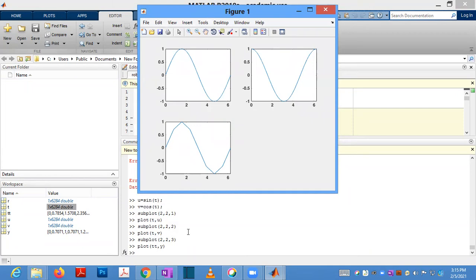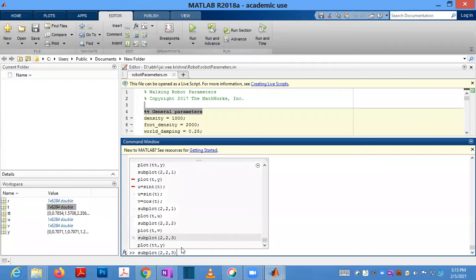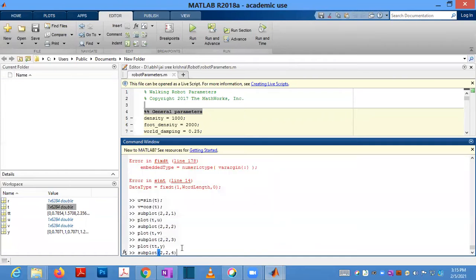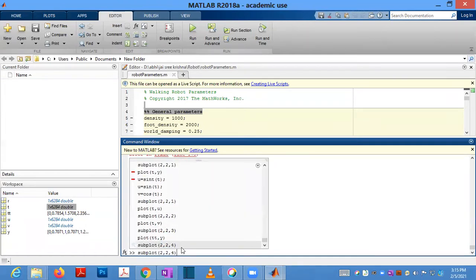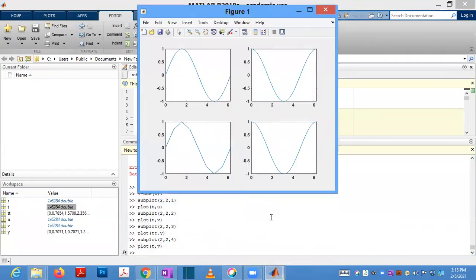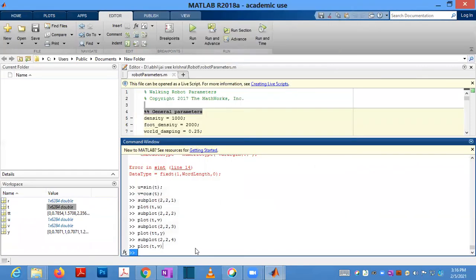That wave was shown earlier, the pi by 4 one. Again subplot 2 comma 2 comma 4, and now I am not creating anything new, so you can plot something you did earlier, tt comma y. These 4 plots will show here. So this is how subplots are plotted. If you want everything in one plot, you can use the hold on command. If you want this kind of layout, you can use subplot.